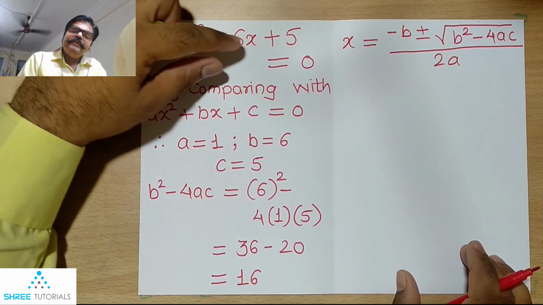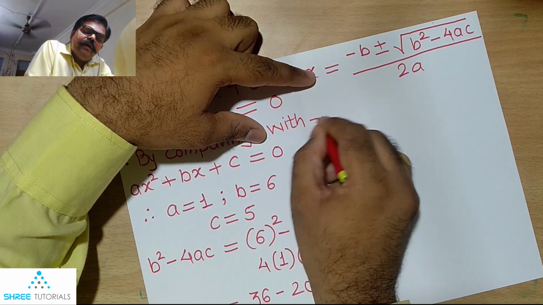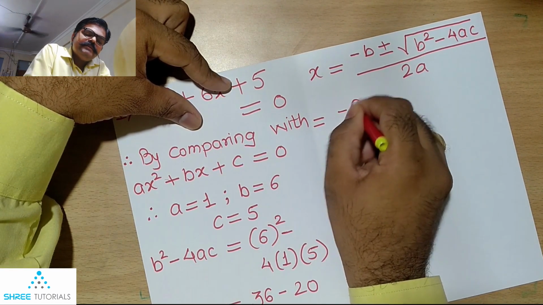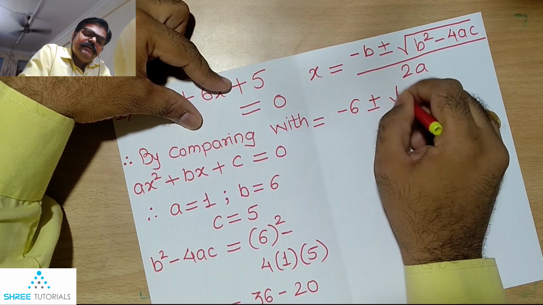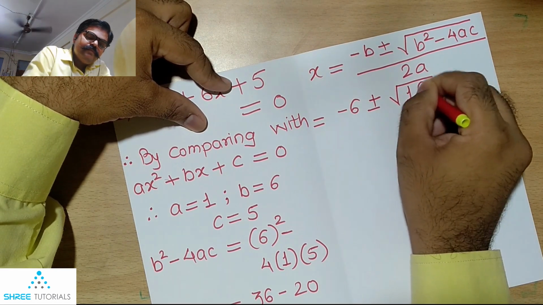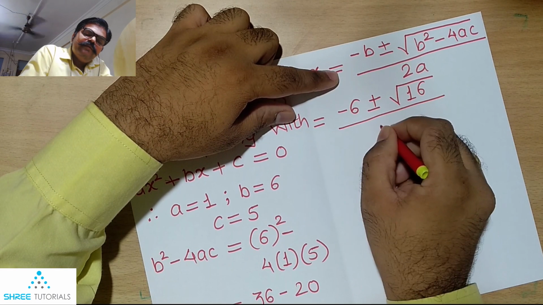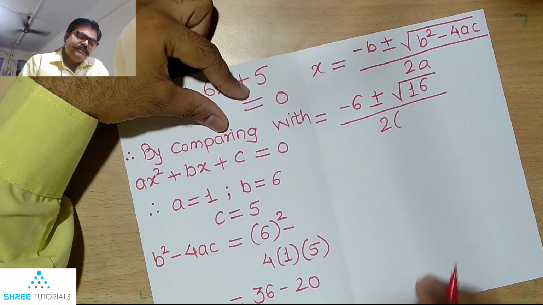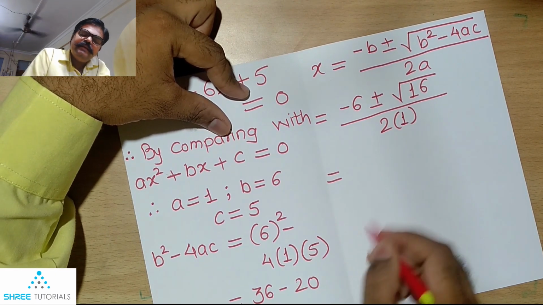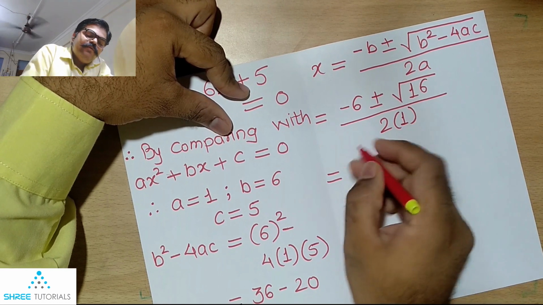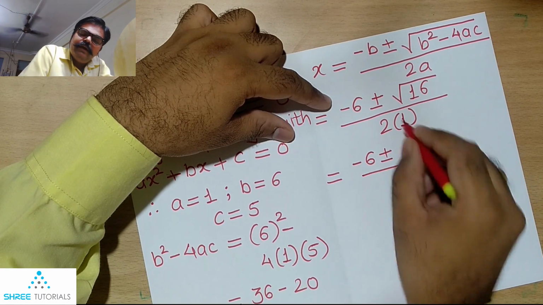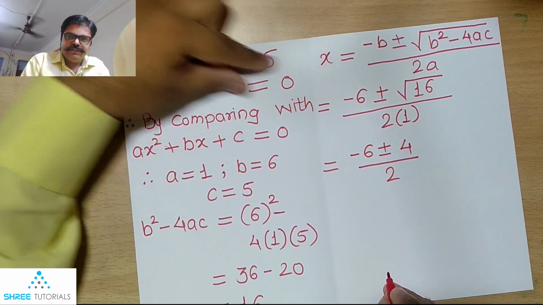So over here we will be substituting those values which we already are aware of. So in place of minus b we will be substituting minus 6 plus minus this under root sign, we will be putting this 16, and in denominator we will have to write 2 into a, which is equal to 2 into 1. Now we shall be simplifying this entire thing. 16 is a perfect square, therefore under root 16 will give us plus or minus 4 value divided by 2 into 1, that will be equal to just 2 itself.